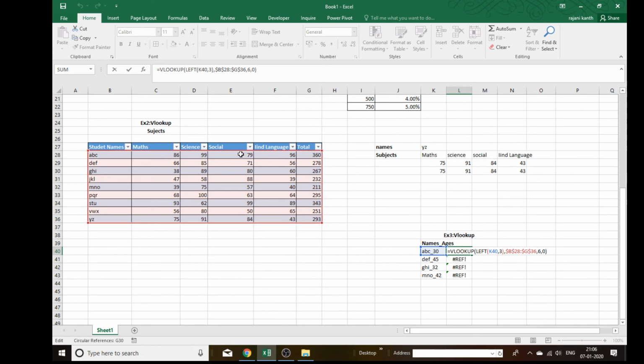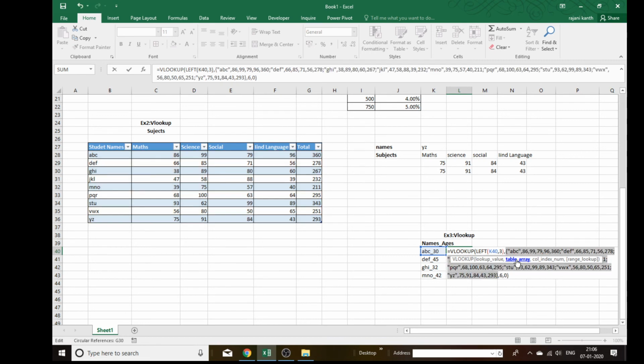Yes, exactly. If you just look up the value, why is it showing an error? F9 ABC is right. Control G and table array F9. Yes, it is showing right.